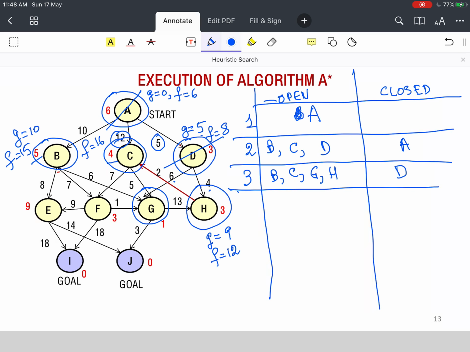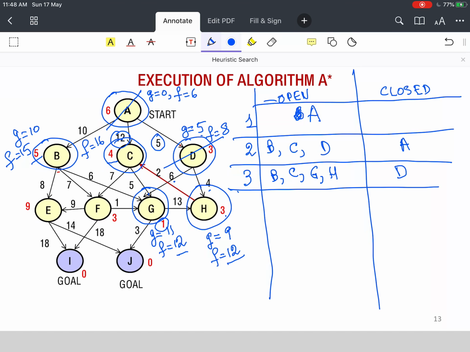So its actual cost will be 5 plus 6, 11, and so G value is 11 and its H value is 1, so its F value is 12. So again, this was 5 plus 4, 9, plus 3, 12. This is 5 plus 6, 11, plus 1, 12.